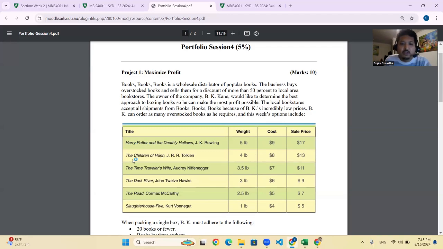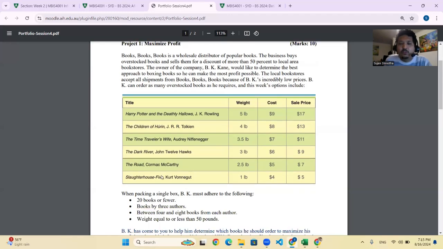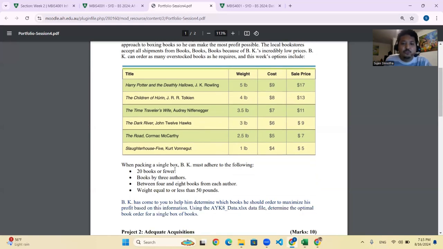Here is Children of Hurin by J.R.R. Tolkien, which weighs 4 pounds, costs $8, and has a sale price of $13. Sorry, dollars. So you can see all the list here. I will not take the time to tell all these things. From this table, what I have to do is choose